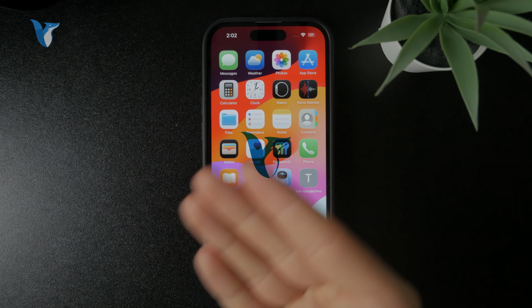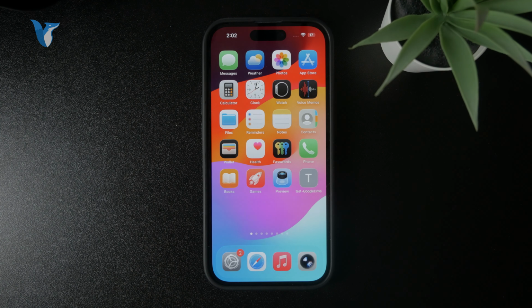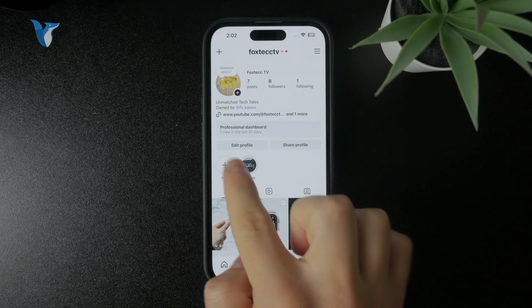So how can you make a photo fit into the Instagram profile picture? Well, let me show you how it works and let me explain what you're going to do about it. So of course, you can open up your Instagram profile, tap on your edit right there, and you can edit